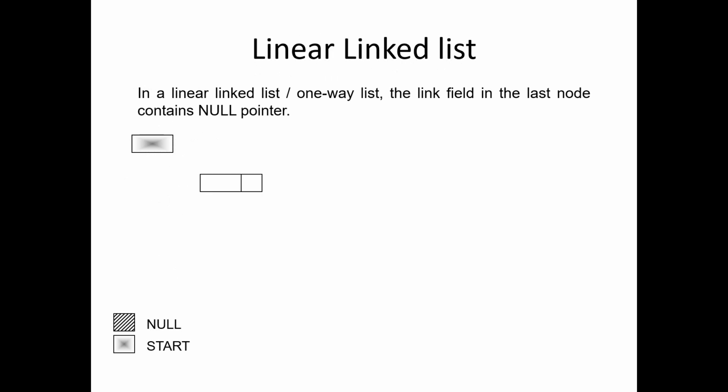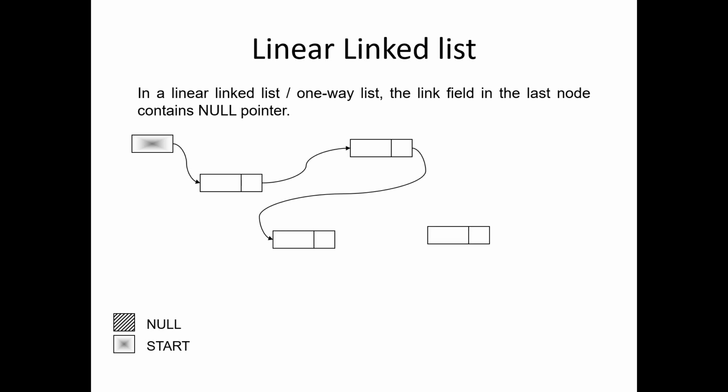Firstly, we have the linear linked list. In a linear linked list, also known as a one-way linked list, the node consists of two parts, the data part and the pointer part, right? So the pointer part of the node consists of the starting address of the next node, and if the pointer part or the link part of the node consists of null, then it is the last node of